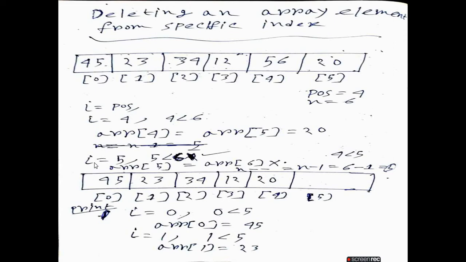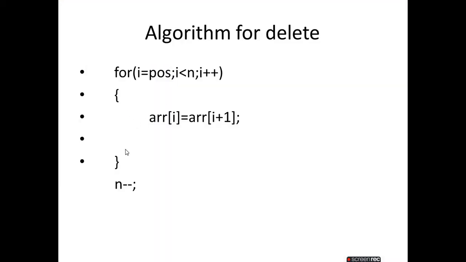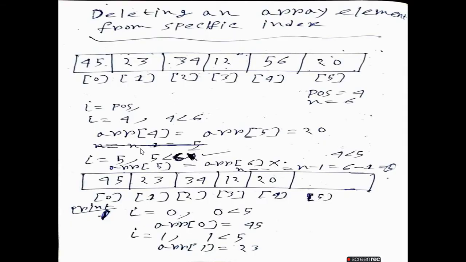Okay, fine. Now again increment i; this iteration is over. i becomes 5 now. Check, 5 is less than 6. Yes, the condition is true, so go to the body of the for loop. Arr of i means arr of 5 equals arr of 6, that is 5 plus 1. Is there any index number 6 now? No. So this is not valid.